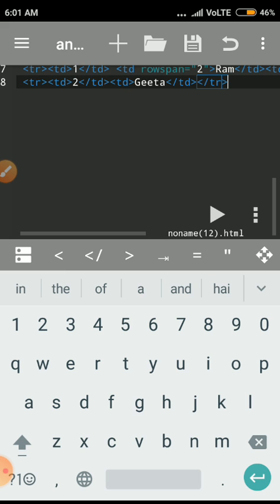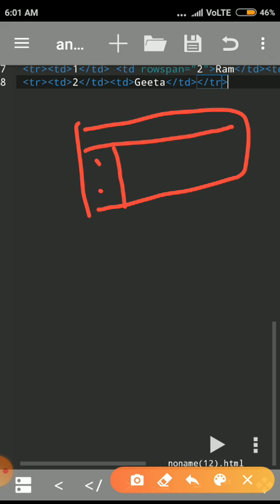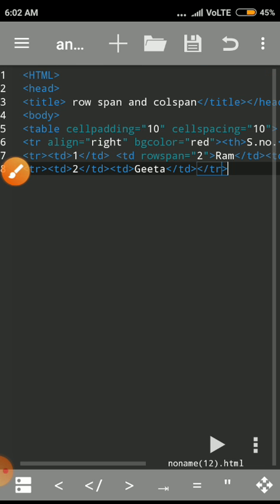So what they are doing, they just show the answer like that. Here first the heading tag will be shown, and here serial number 1 and 2 will be shown, and because previously I gave a row span, it will combine 2 rows, and here the name Ram will be shown, and grade here A, and the Gita will be shown here because in this command I gave row span 2, so it will just merge 2 rows, okay. Like that we give in our command.